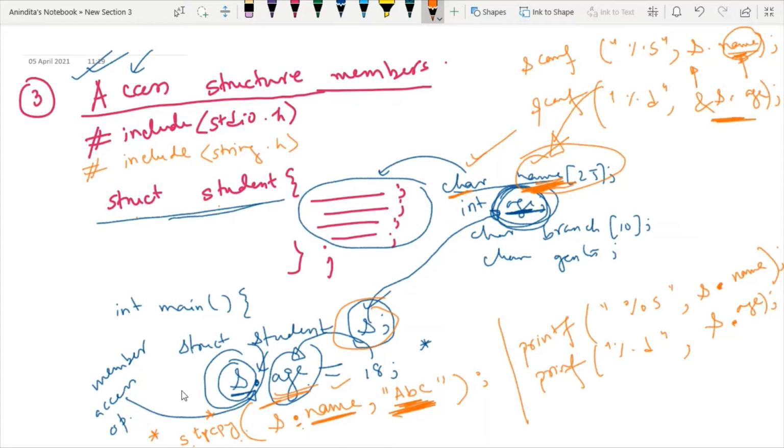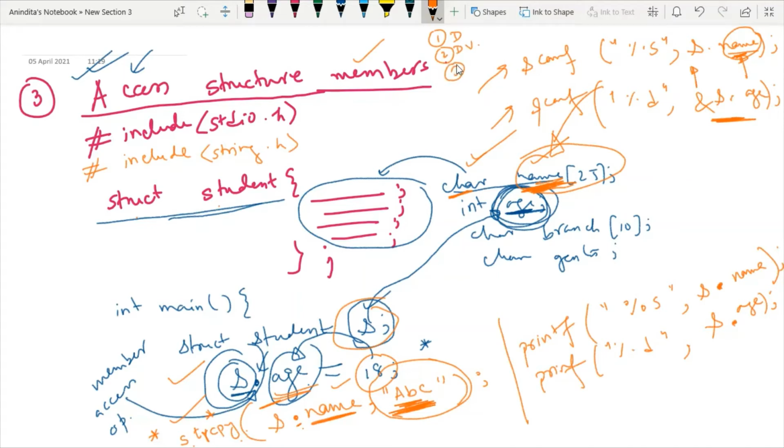So either you can use this kind of declaration where you are taking the value statically, or else you can take the value from the console. So this is how you can access structure members. Whenever you are dealing with a structured data type, you have to follow three steps. First, defining the structure. Second, defining the variable of the structure.